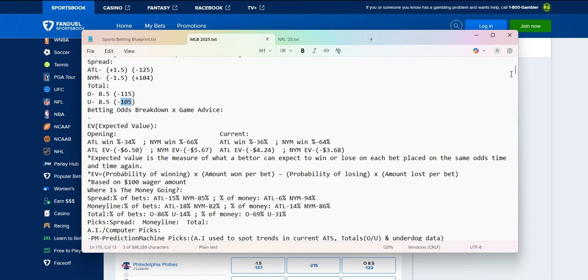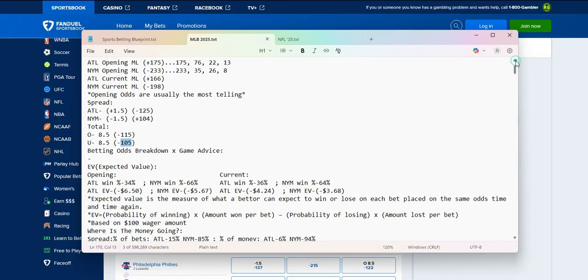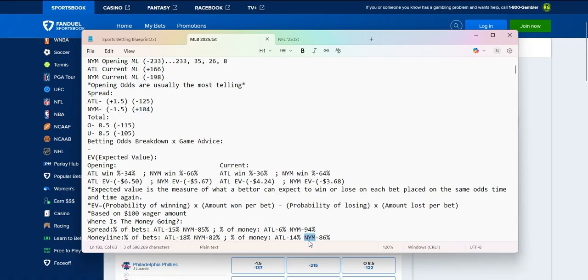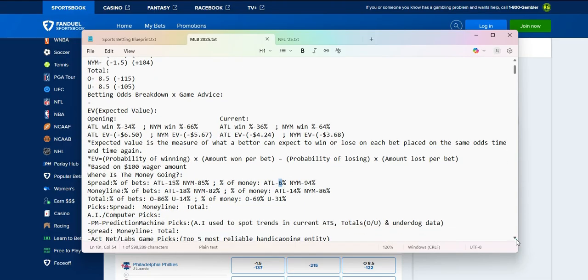With the Mets getting 86% and 82% of the money on the money line based off this minus 198, and even though they're getting a higher negative expected value, I would definitely consider going with the Mets at home as it currently stands only. But always beware of home favorites. And they're getting this plus 104 at 94% here. So people are betting heavily on the Mets, but don't sleep on Atlanta until this value goes up. The 6% of the money on the run line: they could get that run line since they are a dog, if the Mets get the ML.